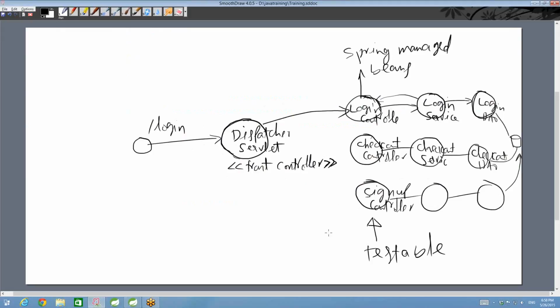So now, let me step back. My point is, the request coming from the browser will be taken by the dispatcher servlet, and the dispatcher servlet dispatches to the appropriate web controller. And you know how it finds out,